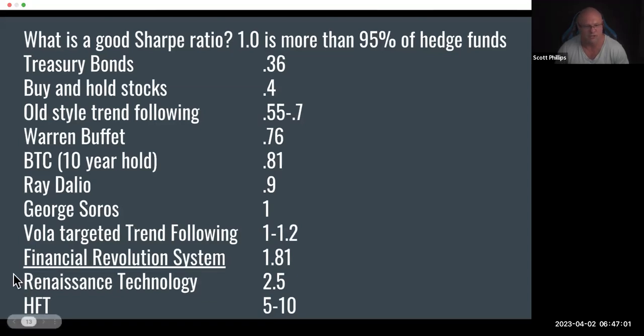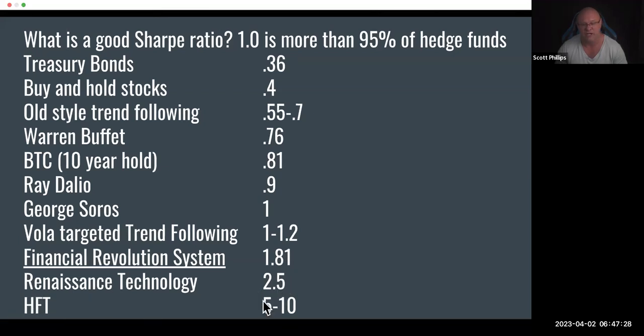Renaissance Technologies, Jim Simons, they hire a bunch of the best mathematicians in the world. Most people who work there are billionaires now. They've done 66% return before fees, and their fees are 5% of capital per year and 30% of profits, 35% profits now. And they've done a Sharpe of 2.5 after fees. No one's ever gotten close to this and no one ever will. They're the greatest ever to do it. So where are we?